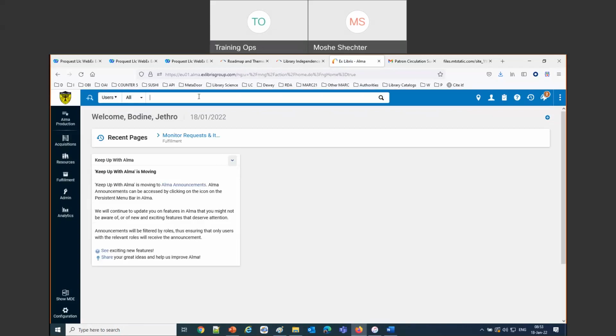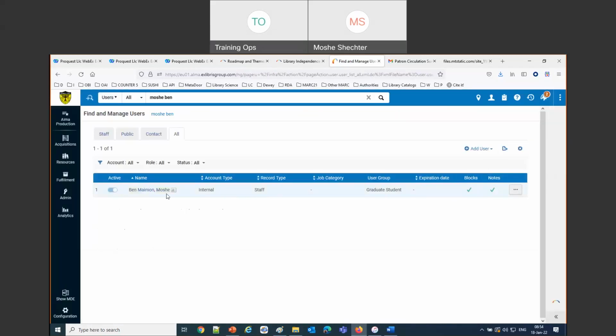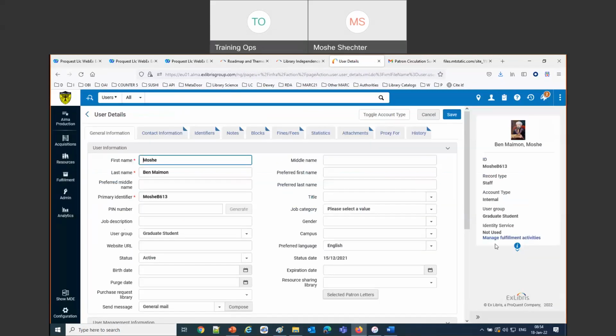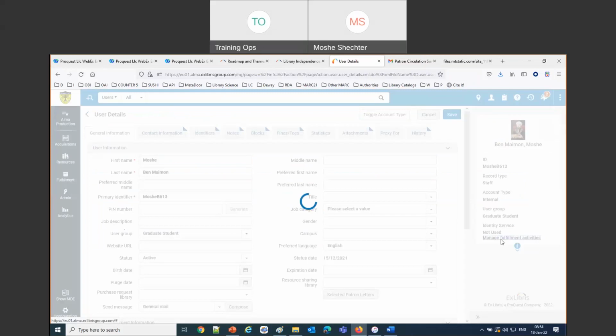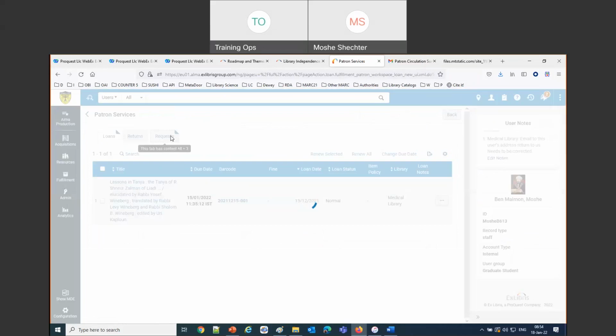He comes along, Moshe. Goes to manage fulfillment activities. Does see the request. There's an indication here that there's a request, and he does see the request.